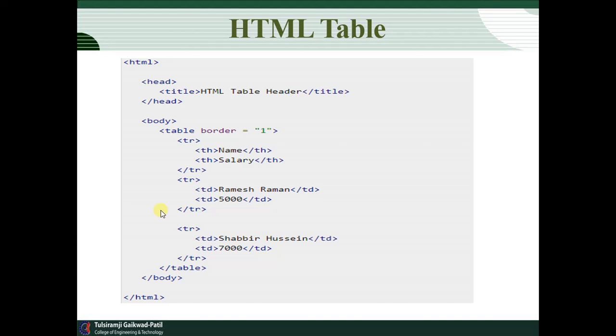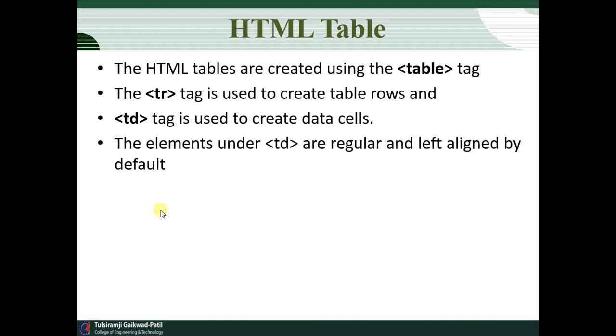Okay, so now we are going to summarize the HTML table. To create the HTML table, the most important tags are the table tag, tr tag, and td tag. These three are the most important tags. By using the table tag, we can create a table. We need to open it and close it. If we want to insert rows, we need the tr. If we need to insert data under those rows, we use the td tag. If we want to insert the heading, we use the th tag. So these are the most important tags.